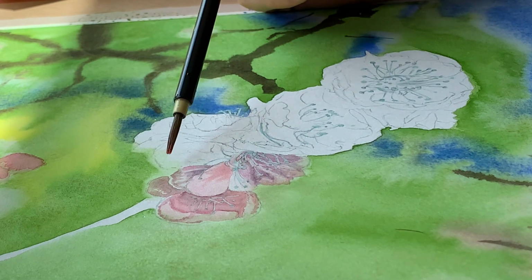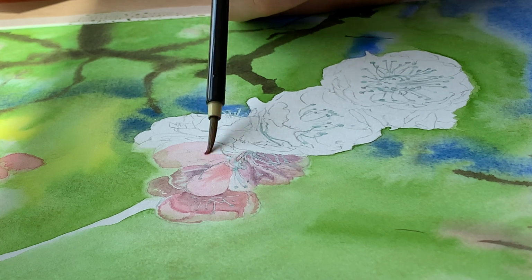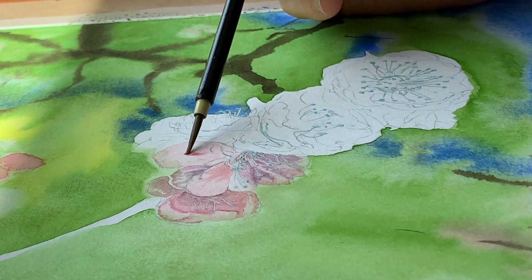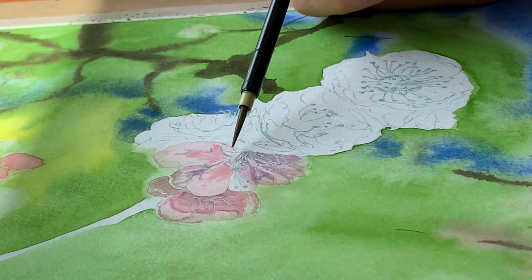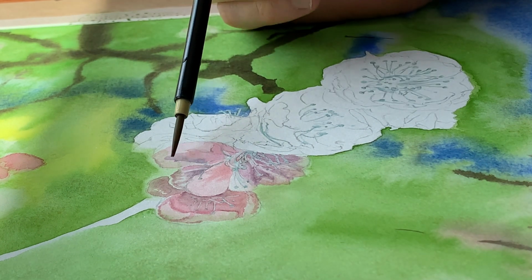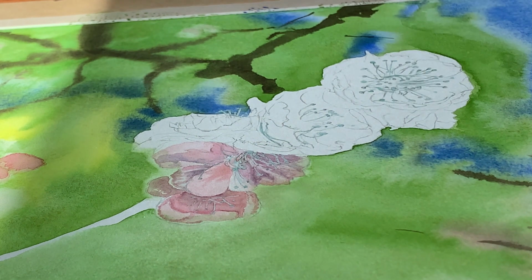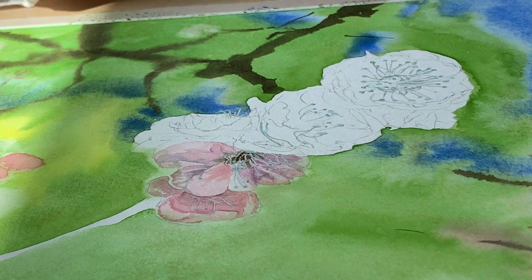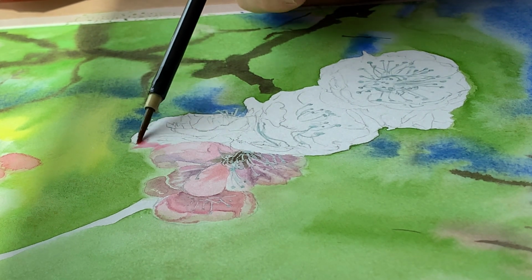I probably spent too much time fiddling with these upper blossoms. Like I said, I wanted the lower ones to be the sharpest and have the most detail, but I just got caught up trying to make it look pretty. I was probably putting too much time into these top ones. I think the actual blossoms ended up looking quite nice,